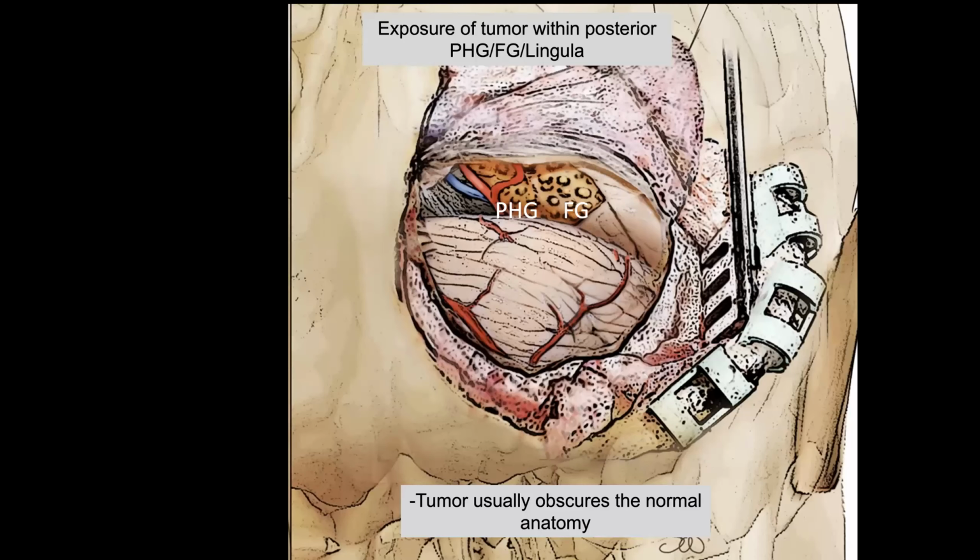So once you've opened and retracted the tentorium, you'll visualize the medial basal temporal lobe. In general, if you've opened it just anterior to the falcotentorial junction, you'll visualize the most posterior extent of the medial basal temporal region, the posterior parahippocampal gyrus, the collateral sulcus and the fusiform gyrus, and potentially the anterior portion of the lingual gyrus. And of course, you'll visualize the neurovascular structures that you've exposed in the quadrigeminal and ambient cistern.